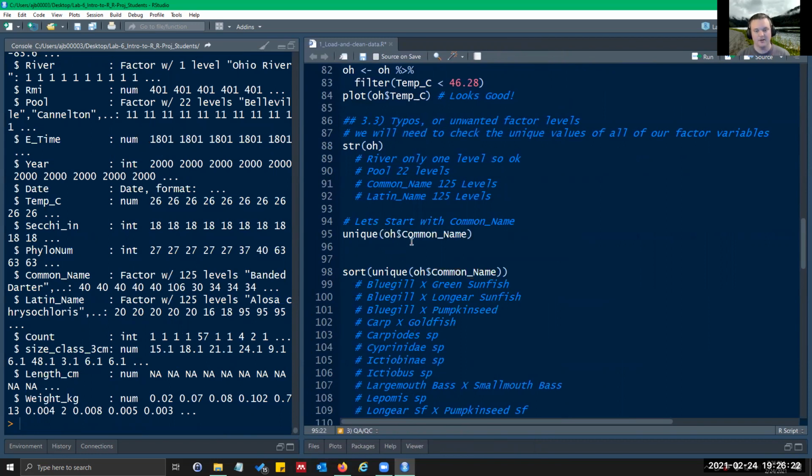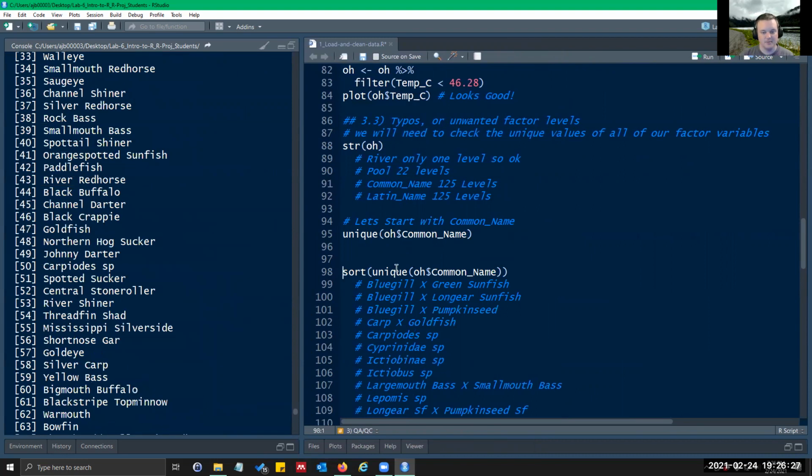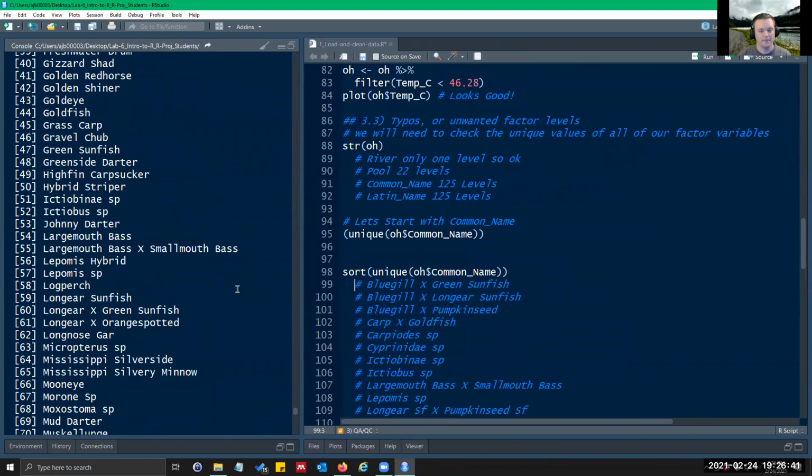So I'm just doing Ohio $ common name. And it's not really organized. It might be useful to have it organized. So you can nest it in sort, within the sort command, like I have here, and now it's alphabetical. The other way you can do that is with piping,